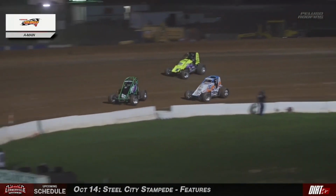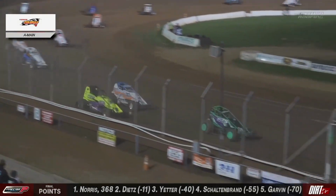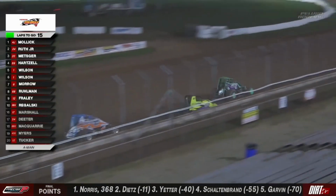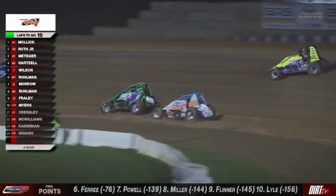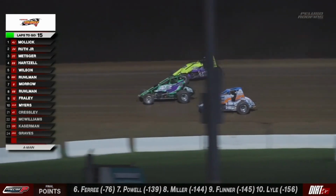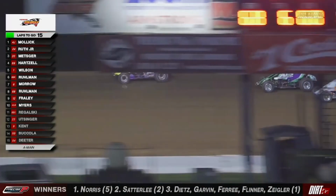Zach Wilson trying to get into the top 5 with that Dayglow yellow number 1. He gets around the outside of Kevin Ruhlman. Takes that spot away, gets into the top 5. Ruhlman fighting back on the inside. He's not going to pull it off as Wilson makes it 2 for 1 down the back